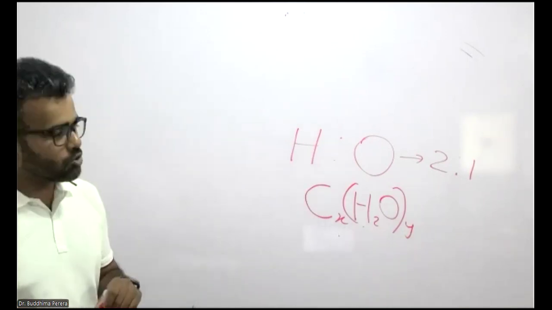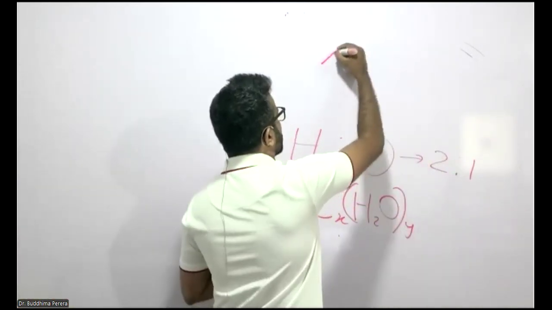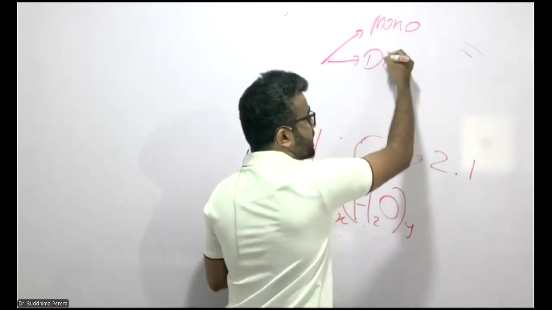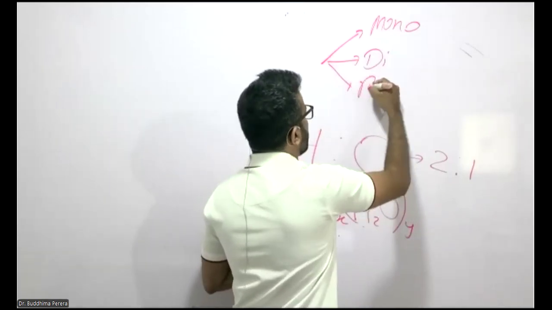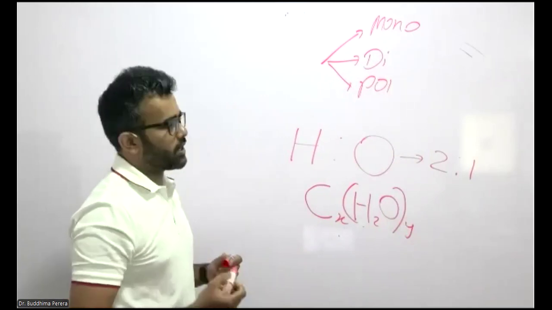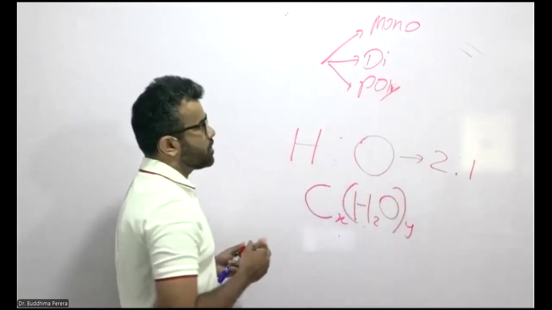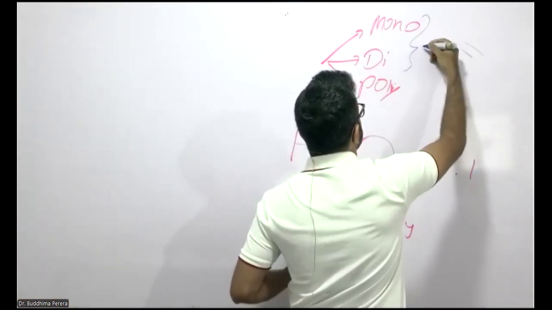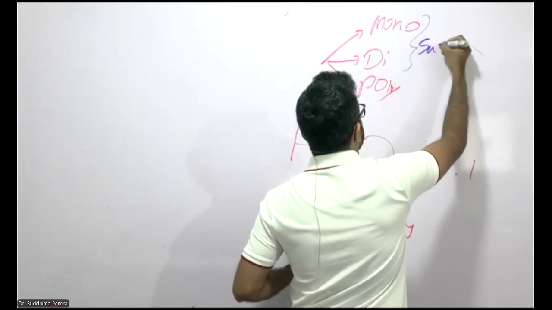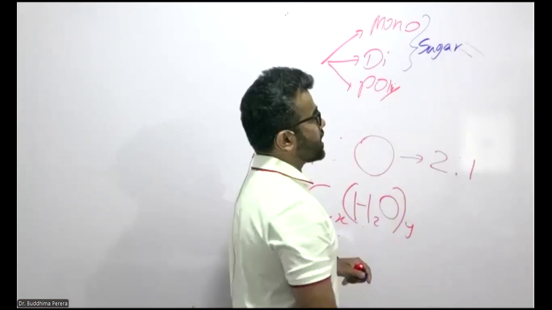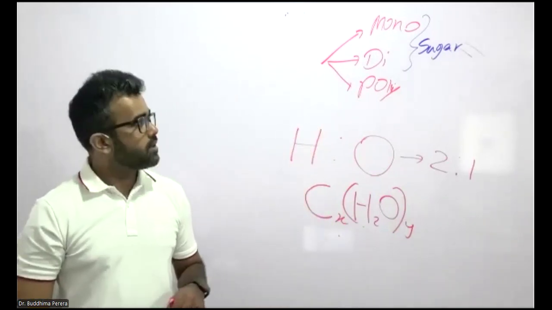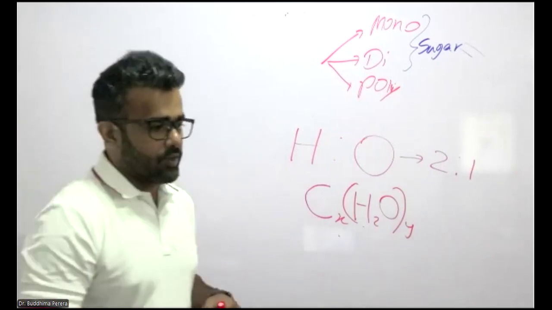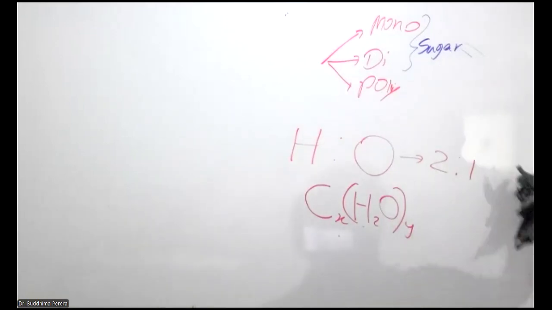Right? So there are 3 types of carbohydrates. What are they? Monosaccharides, then disaccharides, and then polysaccharides, right? These are the 3 types of carbohydrates. Among them, monosaccharides and disaccharides we consider sugars. We consider monosaccharide and disaccharide as sugars, right? But we don't consider polysaccharide as a sugar, right? Last week we discussed monosaccharides, right? So monosaccharides,